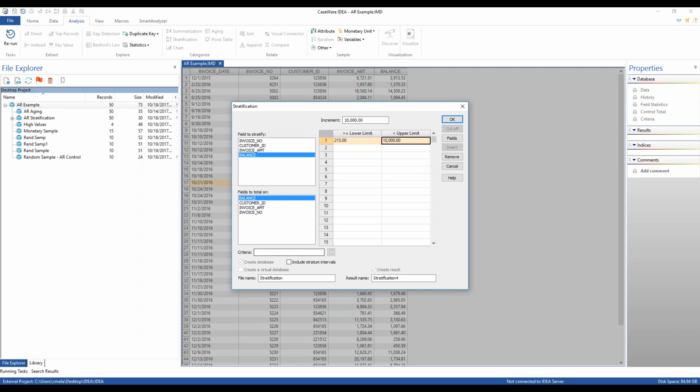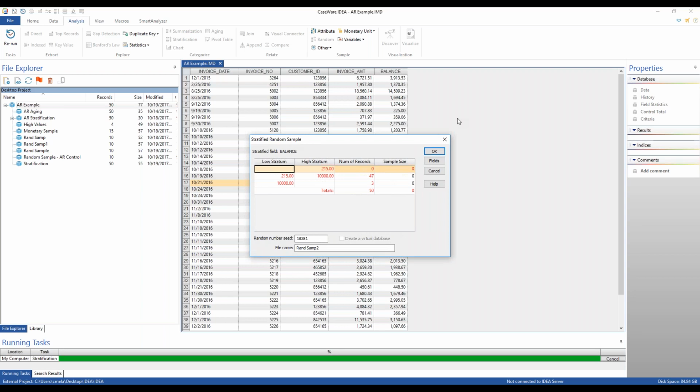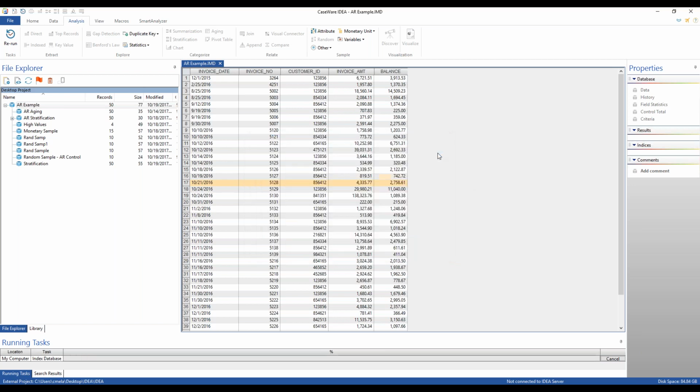We don't even have to click onto the second line. We can say, that's our hard cutoff, IDEA, help us pull a sample. And when you click OK, it'll pop up with this window, give you a random number seed, and then you can say, okay, we want to test everything that's individually significant, and since we're testing 10 items, the rest will be in the small balance. And when we click OK,